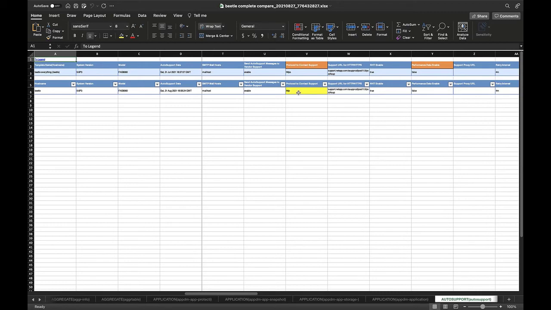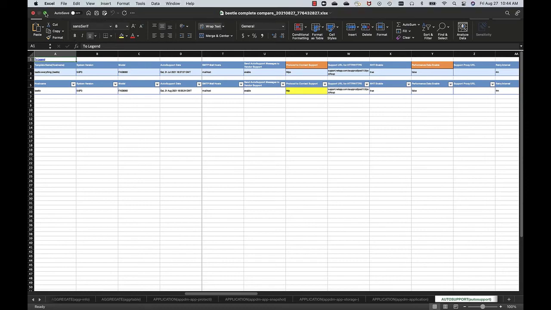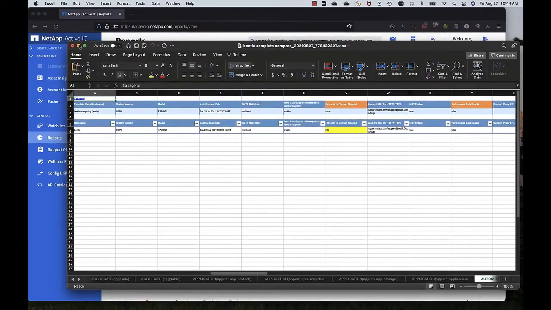So I'm going to fix that. And that's what's going to be inside my Ansible script to automatically fix that. In this case, notice the column header is orange. That means that's a value that we could fix in the Ansible script. So you're welcome to review the rest of this Excel file, but in this case, I got what I needed, which is to say there was a drift. It's going to be fixed by the Ansible script. So at this point, I'm going to minimize this Excel file.